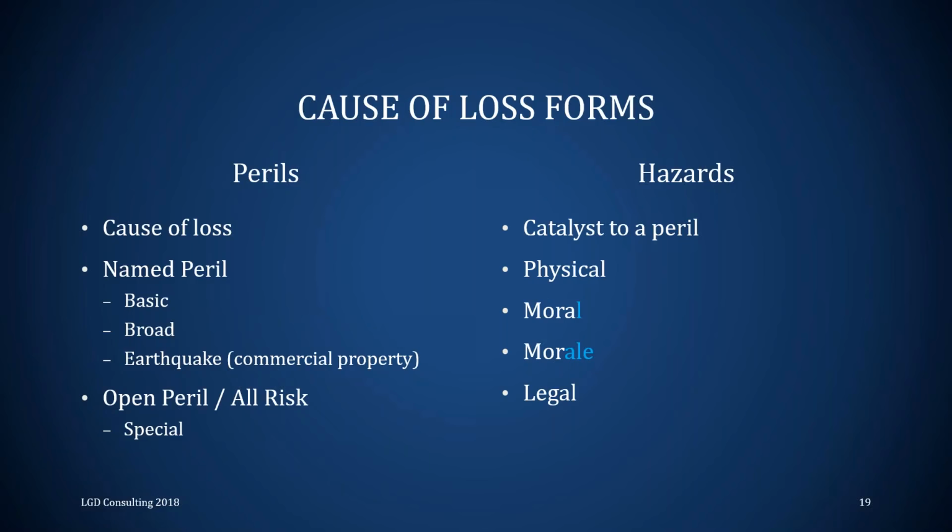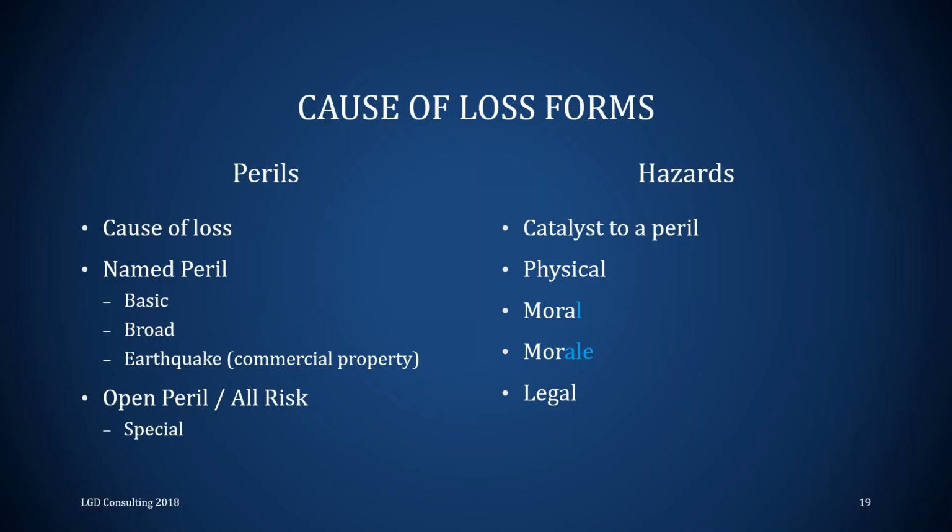If you see open peril, sometimes called all risk, sometimes called special form, we list perils also, but we list perils that are excluded from coverage on this particular policy. And so named perils list perils we cover, and open peril policies list perils we don't cover. Open peril, all risk, or special forms have what we call the broadest coverage because you can only list so many exclusions. If it's not on the exclusion list, it's covered. But with the named peril form, we can list quite a few perils, but anything that happens that is not one of those perils on that list won't be covered.